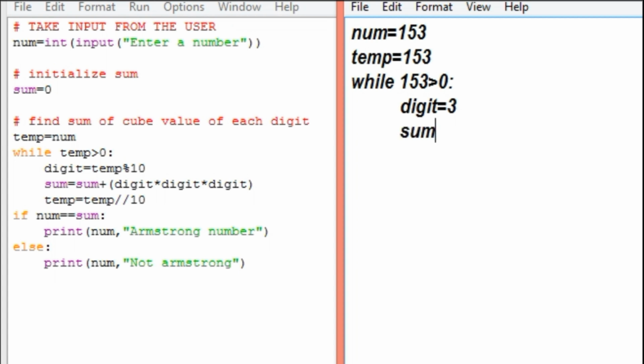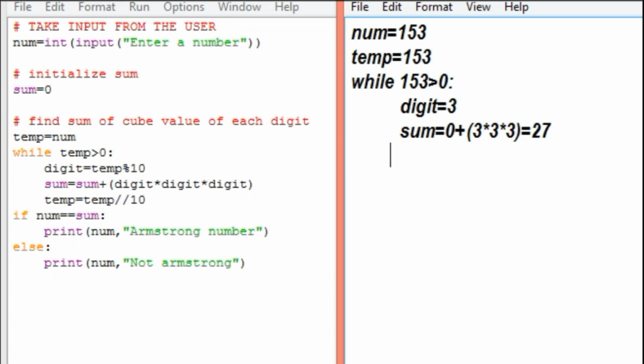Now we are performing sum and calculating the cube value of the digit. Since the sum variable is initialized with 0, it will be 0 plus, and the digit variable has 3, so we need to calculate the cube value of 3. 3 cube is 27. So we get the value 27 stored in the variable sum.